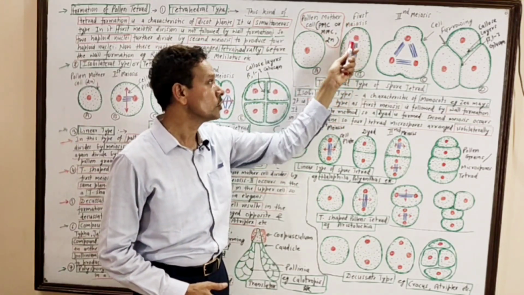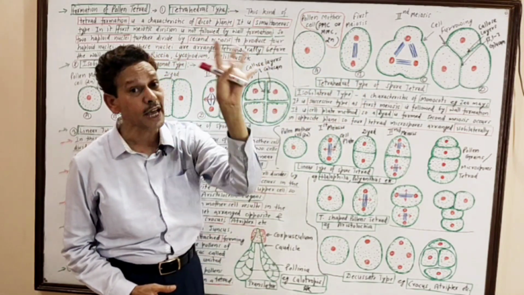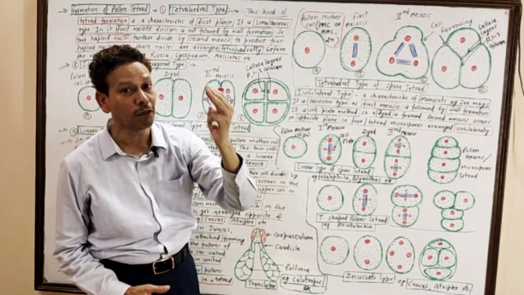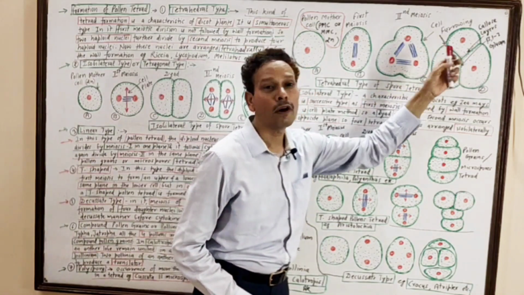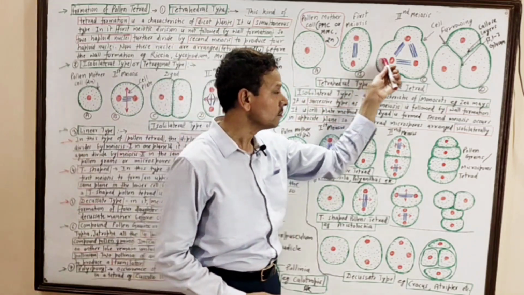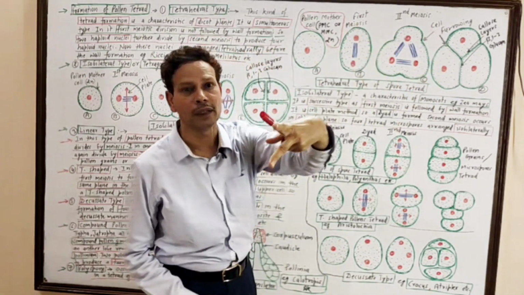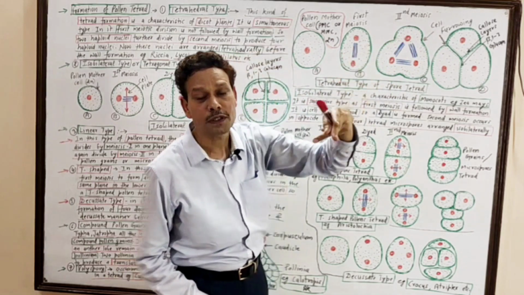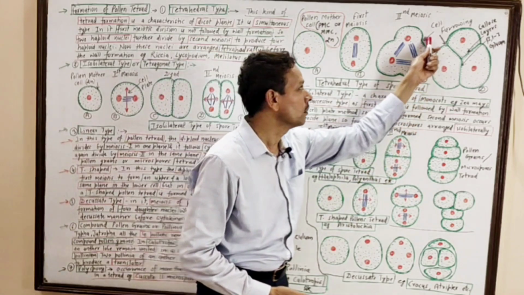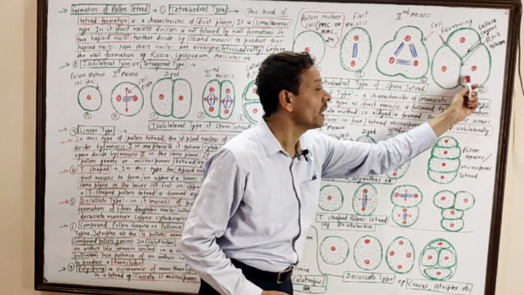After first meiosis, two nuclei are formed. It follows second meiosis without formation of cell wall. After second meiosis, means after formation of four nuclei, the wall formation, cytokinesis, occurs. It is simultaneous type. Dear student, the cell wall formation occurs by cell furrowing, means the cell furrow grows from outward to inward. It is centripetal type, and all four pollens are arranged in a tetrahedral manner.